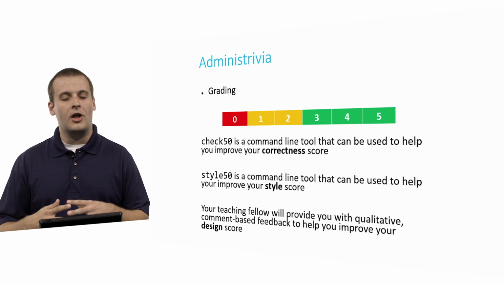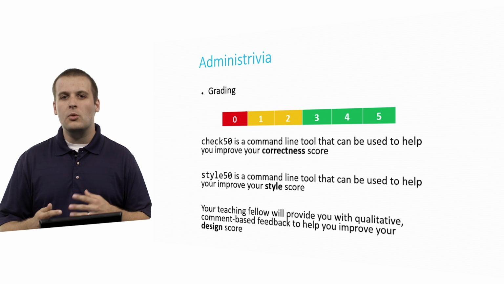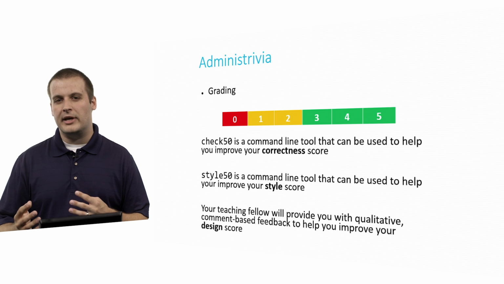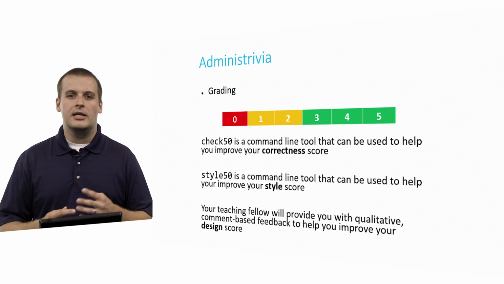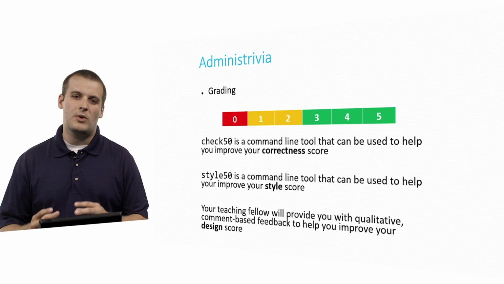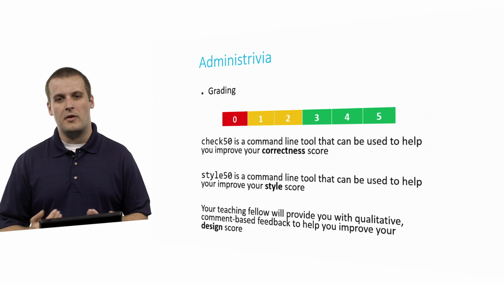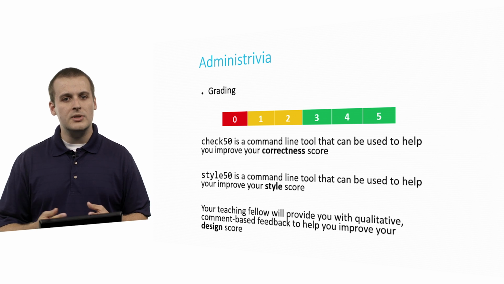All of these axes are graded on a scale of 0 to 5. And generally, you want to be in the 3, 4, or 5 range in all of the axes. It's OK to be in the 1 or 2 range a little bit, particularly early on in the course, but it's an area you generally don't want to stay in. You definitely don't want to be getting zeros in any aspect of the problem set, because that's going to lower your overall grade.